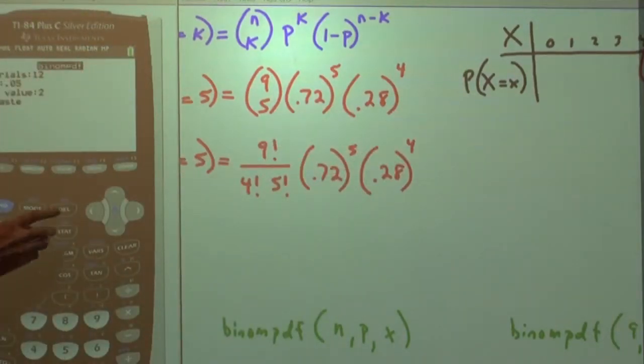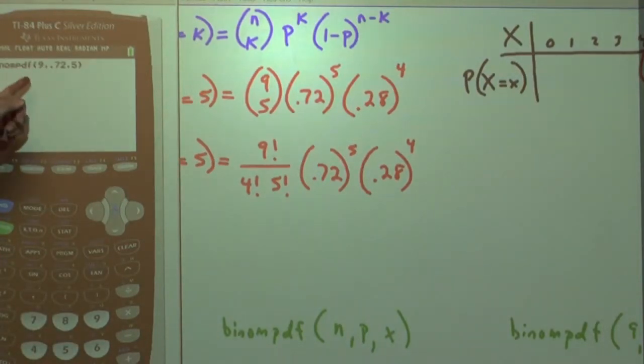So we type in, we have 9 people. Out of those 9 people, we're looking at a probability that they like peanut butter and jelly sandwiches at 0.72, and we want to find the probability that we get 5 people out of the 9 that like peanut butter and jelly sandwiches. So we paste it. This is how it should look on the older calculators, n, p, and x in alphabetical order. And then we find, oh, our probability is